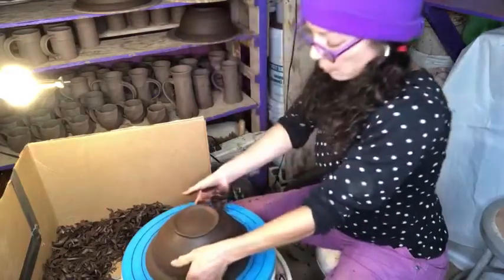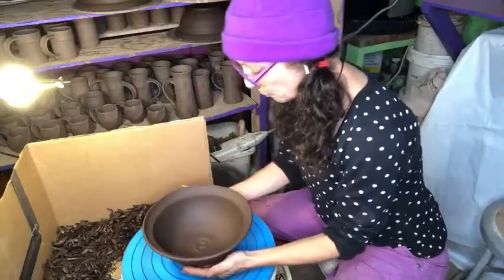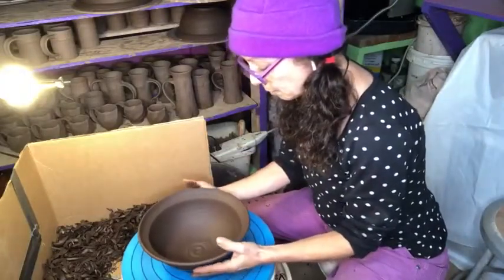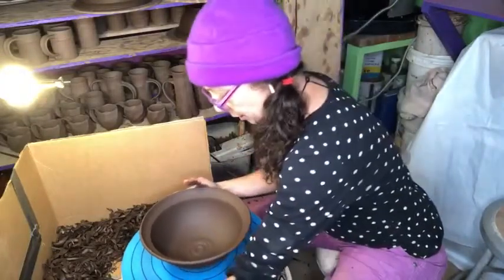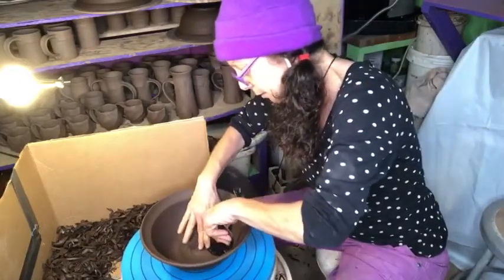I think these bowls take me longer to trim than they took me to throw. I'm not sure how long they take, but